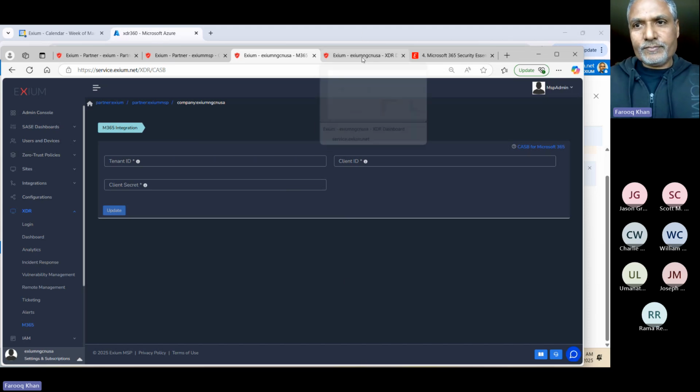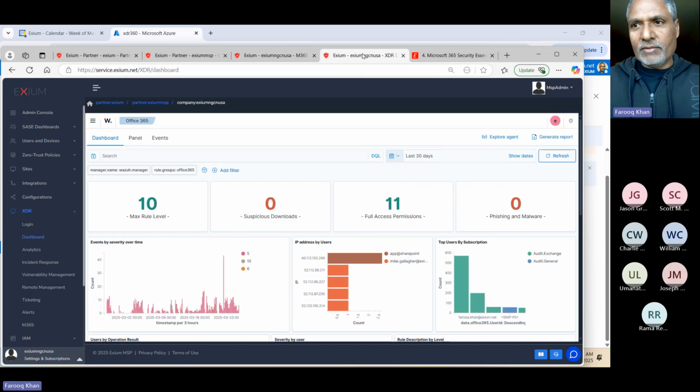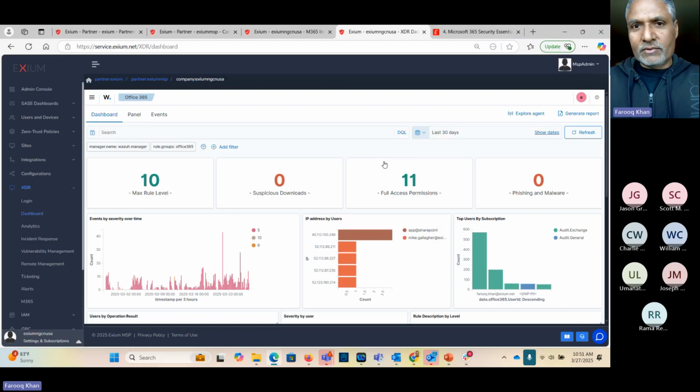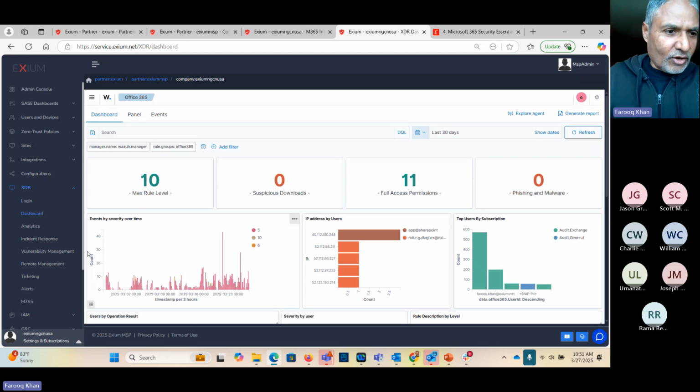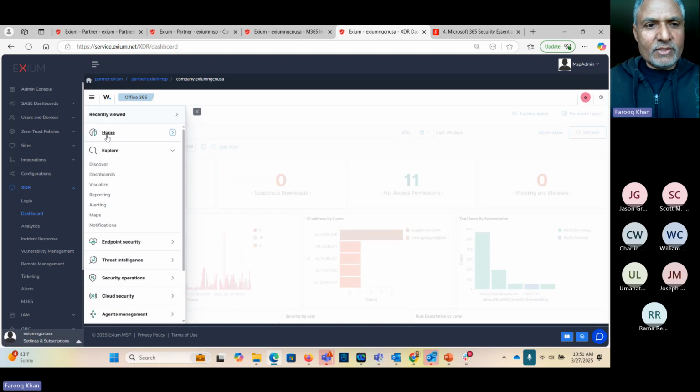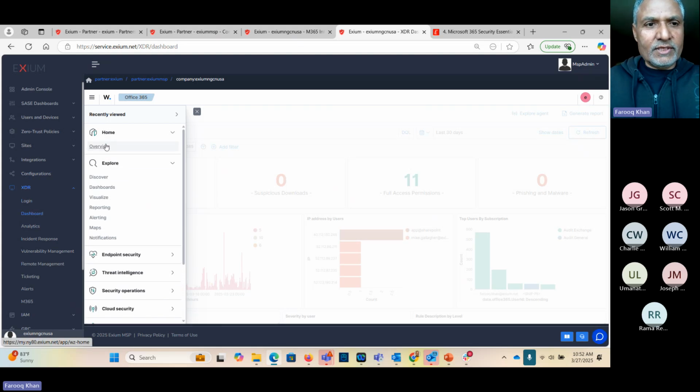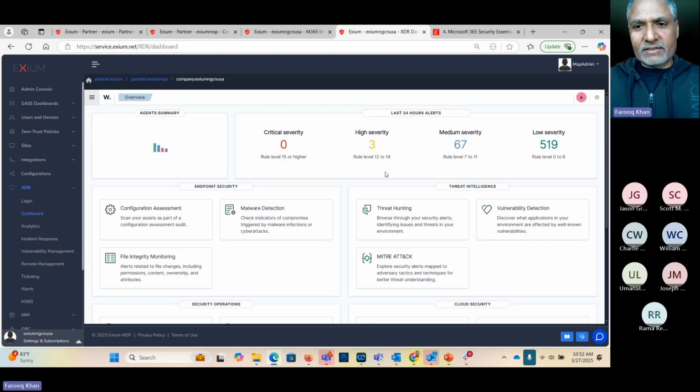But for today, before, we already did one tenant integration. So now you see I did the integration in Microsoft 365 over here, but now I'm looking at the dashboards. This is where my activity is. But first we can go to the home, because we are covering many things over here. So where are these Microsoft 365 activities? This is my overall